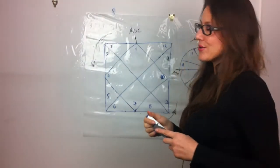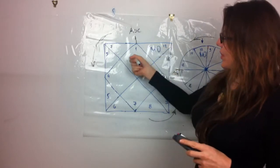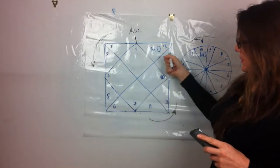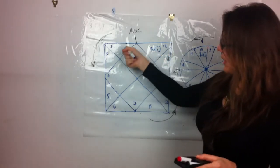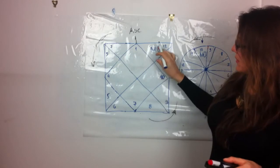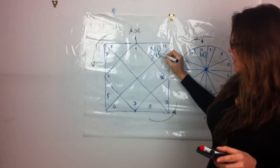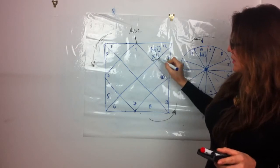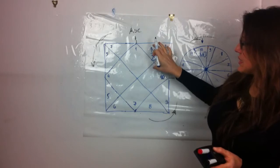Moon in the 12th house, and you usually see it here. 1, 2, 3, 4, 5, 6, 7, 8, 9, 10, starting from the ascendant, moon being in the 12th square. This is the 12th house. And if you see moon together with the 10th Roman numeral, which is the house cusp, in probably 50-60% of